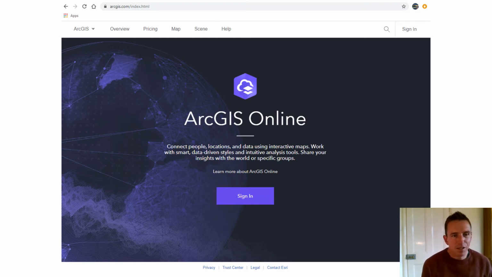What I would suggest, probably not supposed to say this, but I wouldn't necessarily suggest that you sign up and sign in. It adds an extra layer of complexity where you need to create a password and an account. You can access what you need without creating an account. So ignore that blue button in the middle and just go up to the top toolbar where it says Map. And if you click on that,